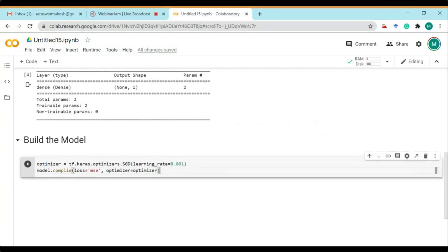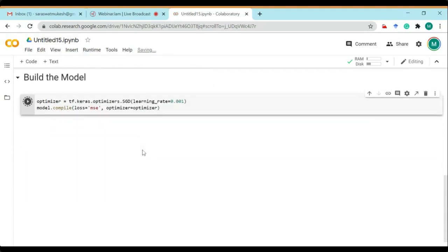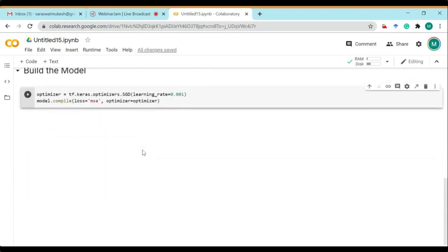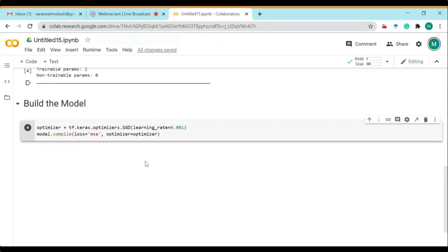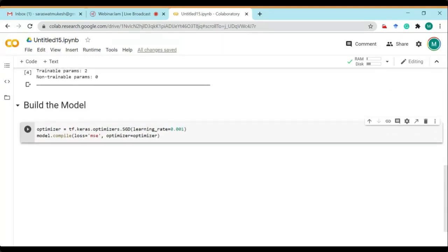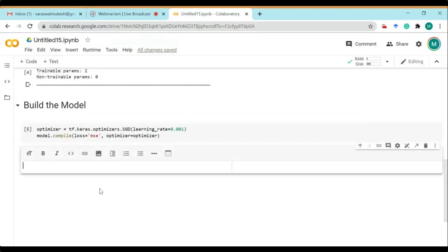Okay. So now we have built this model. We have designed the model and compiled the model. These two operations are now performed, so the architecture is complete. Now we have to train my model, and the model is trained using the training data sets.